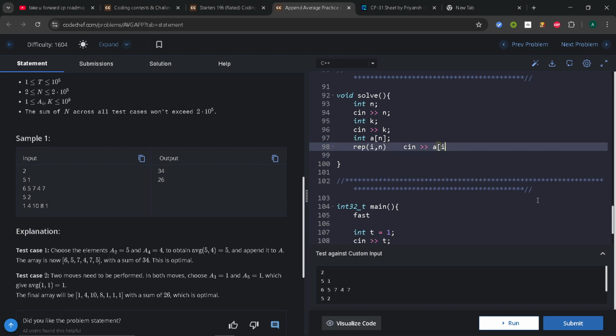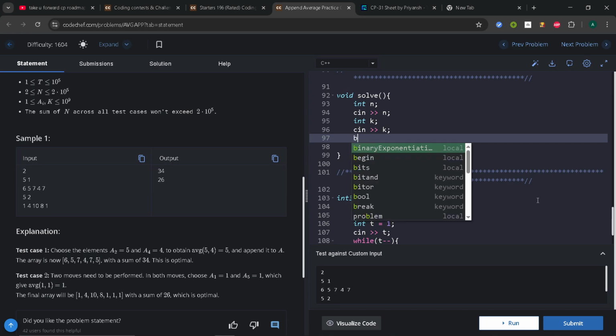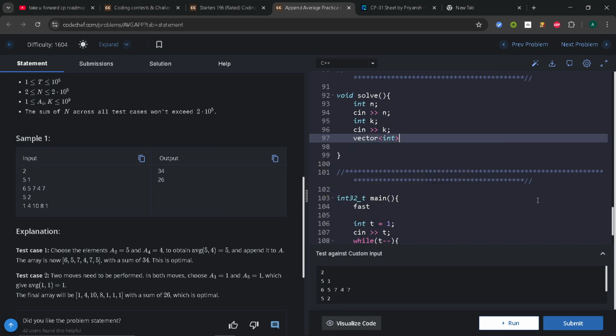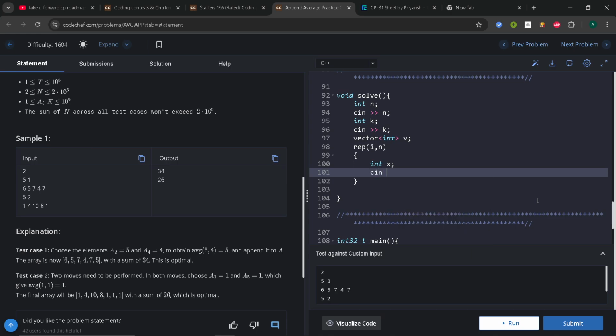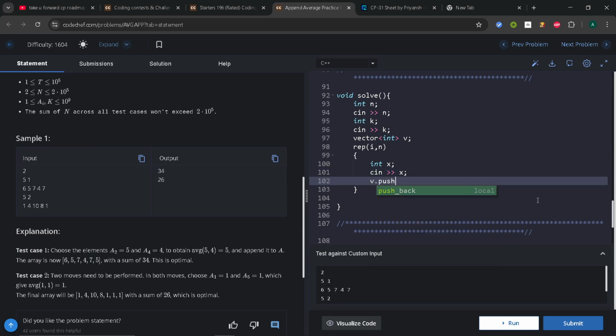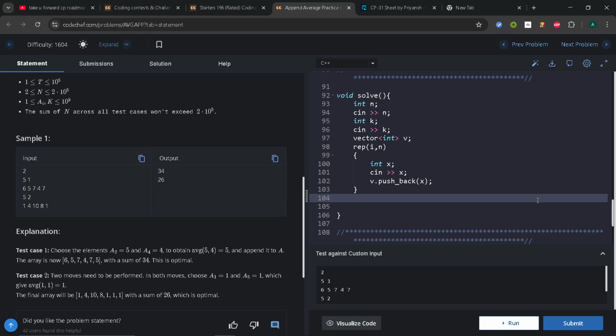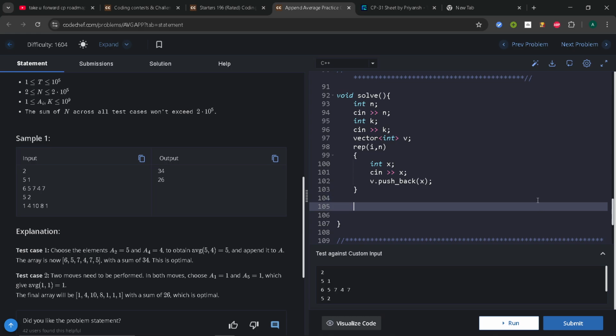No, or else I'll create a vector. No, what I'll do is